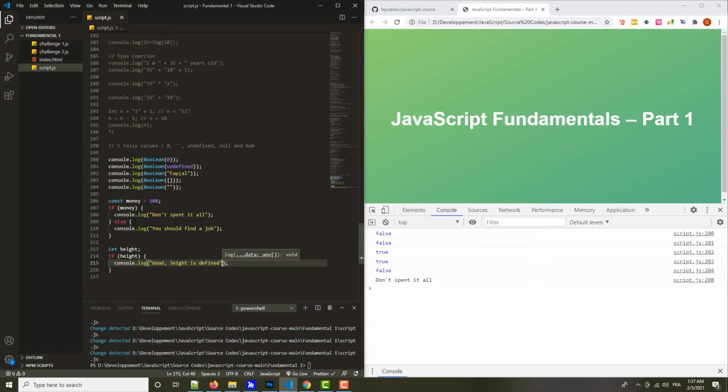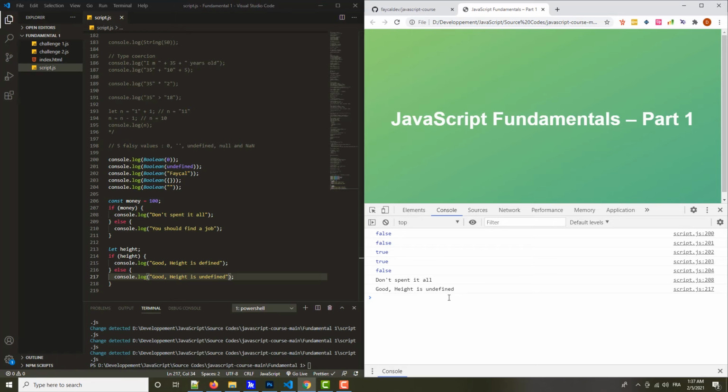But if not, so else, then just say height is undefined. So height, and here I will just do the same thing, height is undefined. Okay, something like this. So let's see the result. And here, as you can see, again, I got height is undefined, and I will explain why it works this way